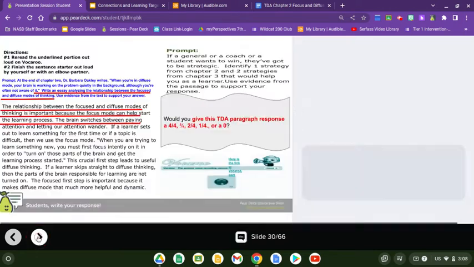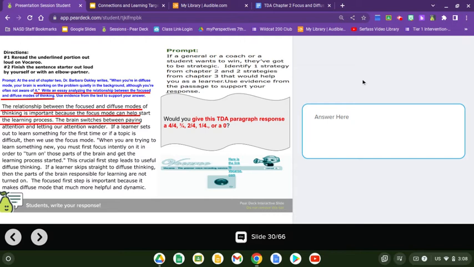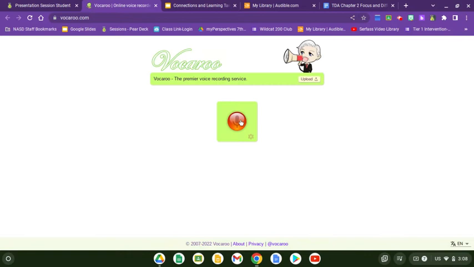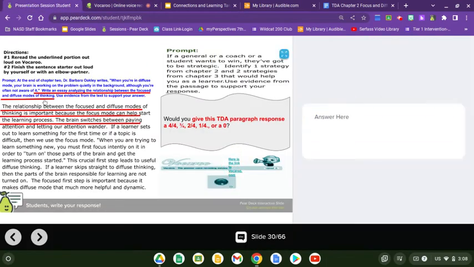Nice work. All right. We are now going to finish up with reading that paragraph again and seeing if it answers that prompt at the top in blue. Your job for this slide is to click on the Vocaroo, just like last time, just like earlier. Click the microphone. Once you do that, it'll start recording everything that you or anyone around you starts to say. Then you read everything that's underlined in red. So you'd read it. Write an essay analyzing the relationship between the focused and diffuse modes of thinking. And then it looks like the opening of the paragraph is underlined. The relationship between the focused and diffuse modes of thinking is important because the focus mode can help start the